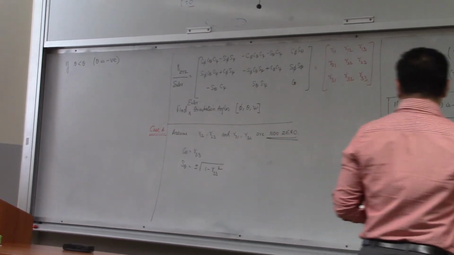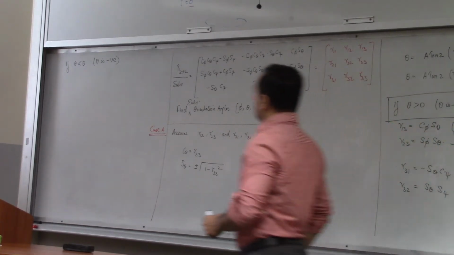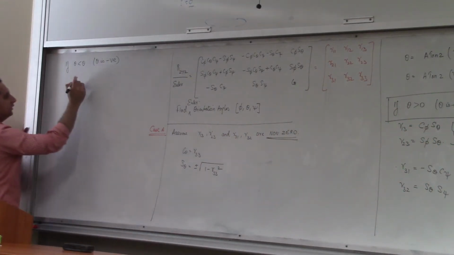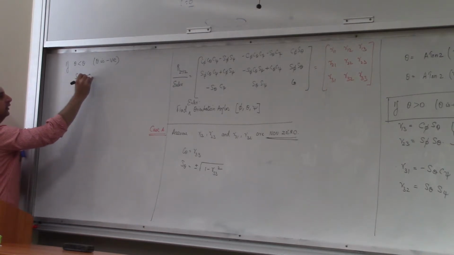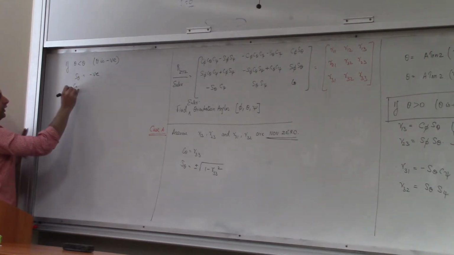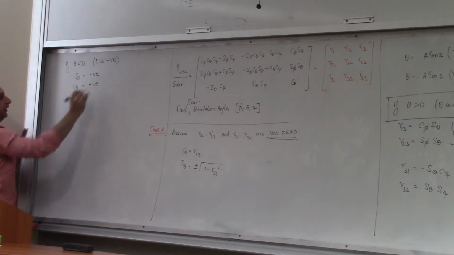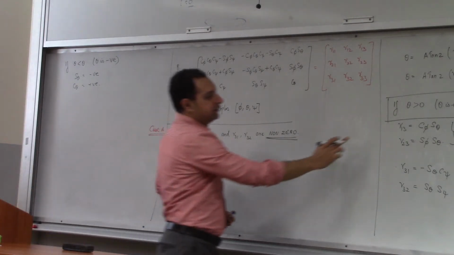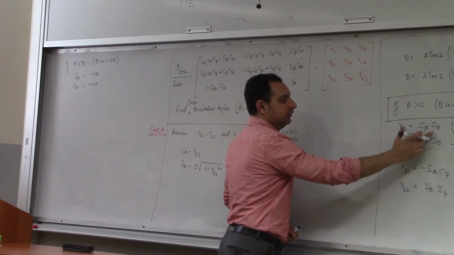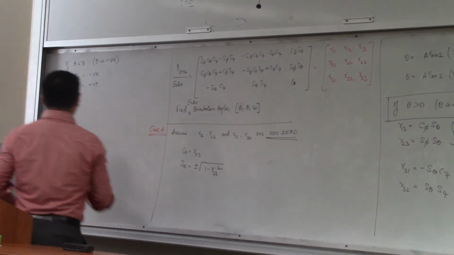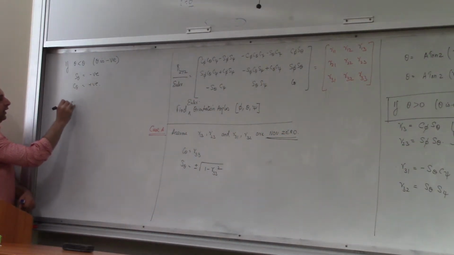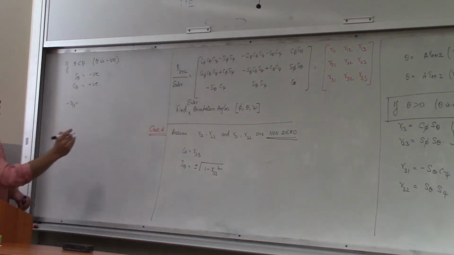So if theta is less than 0, sine theta will be negative, right? Obviously, if theta is less than 0, sine theta will be negative. There is no change in cos theta because it will remain the same. So this will become minus because sine theta is negative. So R13 will become negative, because sine theta has become